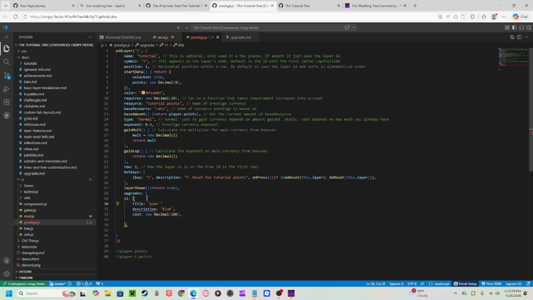Your upgrade name. And you'll see how this is read. Just put a comma at the end of this line. Description, double something, I don't know. I'm not making an actual procedure mod. Cost,